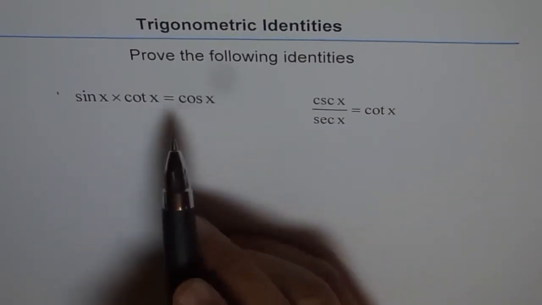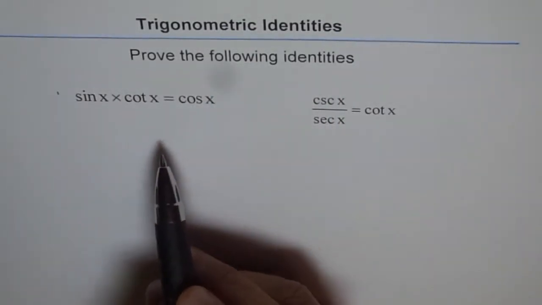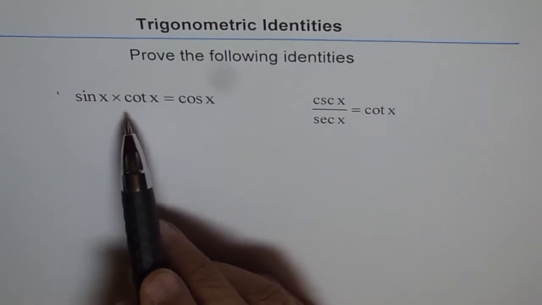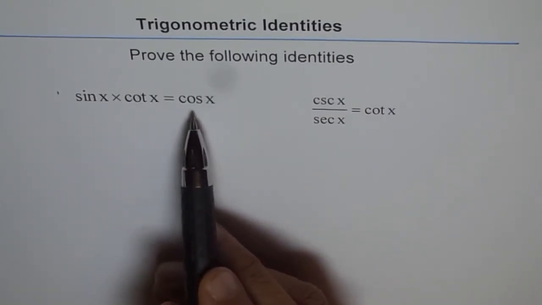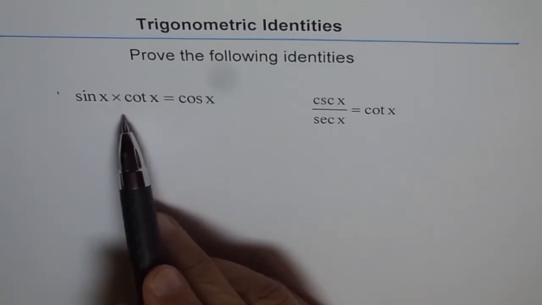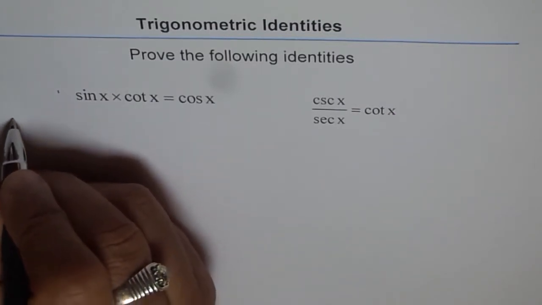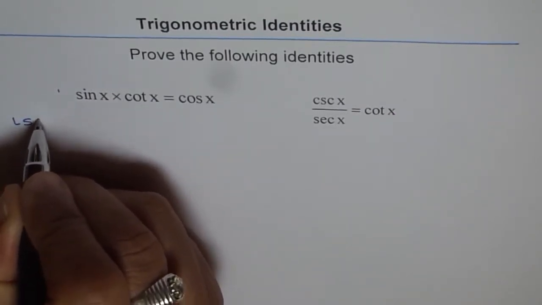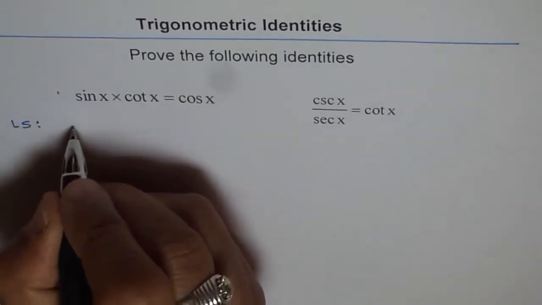Okay, so whenever it is prove the following identities, so we have two here. What we will do is prove that left side is equal to right side. Now the right side is already reduced to something like cos x, so we have more opportunity to work with the left side. So we'll start with left side. You should start from one side, and that is better. So let's start from left side. Left side is sine x